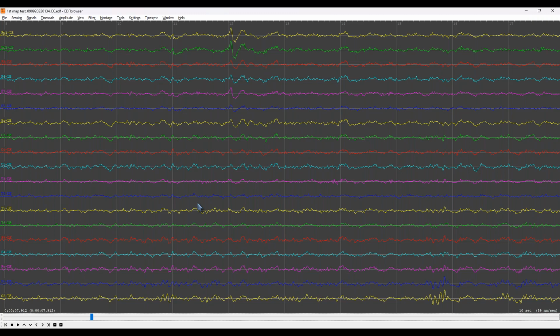But if I can't, I'll always get Dr. Suter's eyes on it. He's been looking at artifact for well over 20 years. I know it's a subject that fascinates him. So if all else fails, we get Dr. Suter to look at it, and between the team, we can generally narrow down what the issue is,